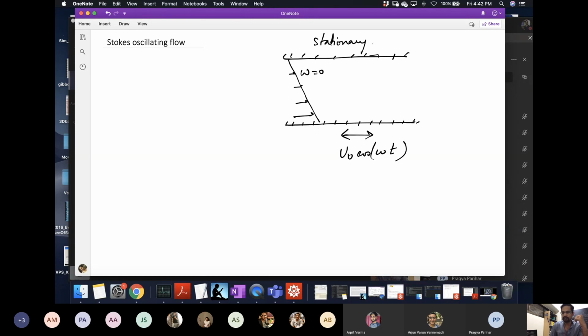But if omega is non-zero, you can imagine that at the wall, the fluid will be moving with the wall. But then away from it, the effect might decay, and because it's oscillating, there will be a phase lag. So it's going forward, then it goes backwards. But as the effect of the stress propagates, you might have a phase shift of velocity. So the oscillations at the wall should get transmitted as oscillations of the fluid as you move away from the wall. This is the idea. So this might be something you might expect for omega not equal to 0.